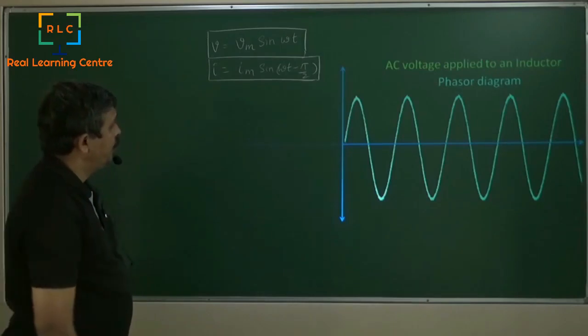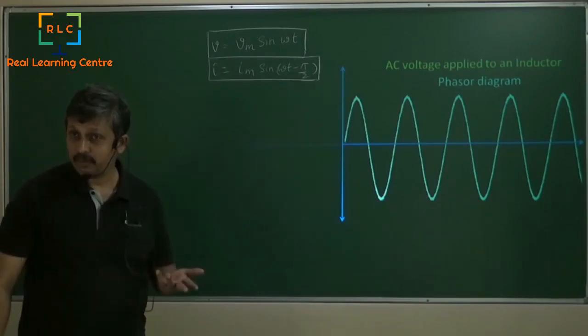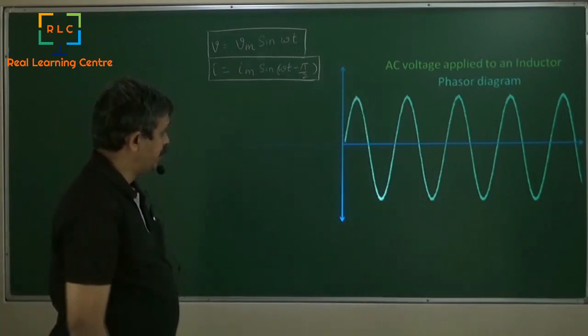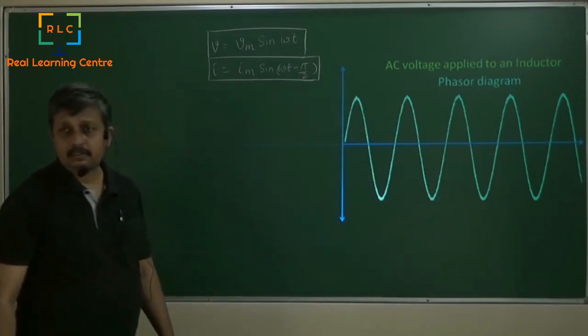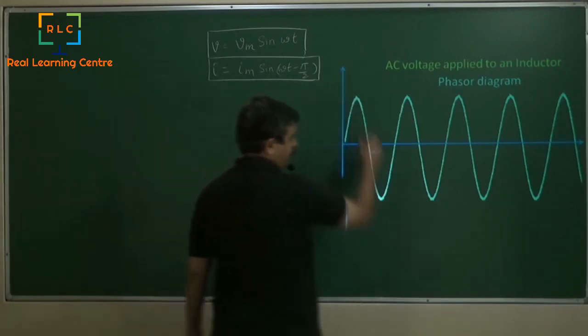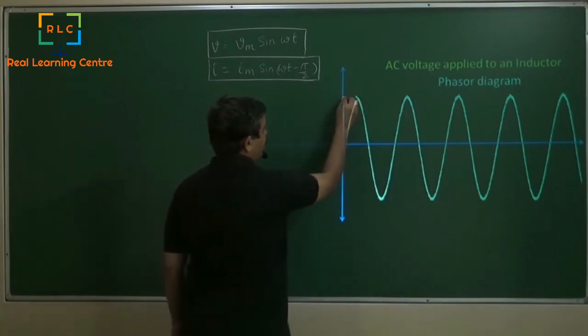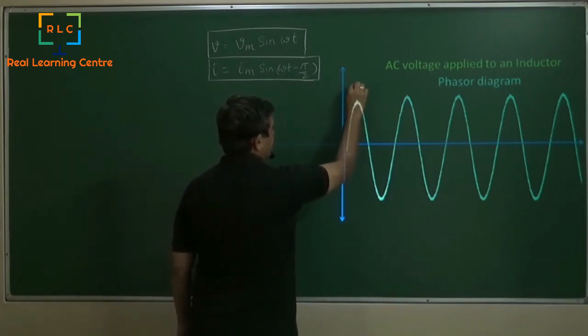If you look at AC voltage applied to the inductor, how does the phasor diagram look like? First thing I'm going to write here is the voltage. The voltage is varying like this, and this is time, and this is voltage, and this maximum value here, I'm going to write as Vm,